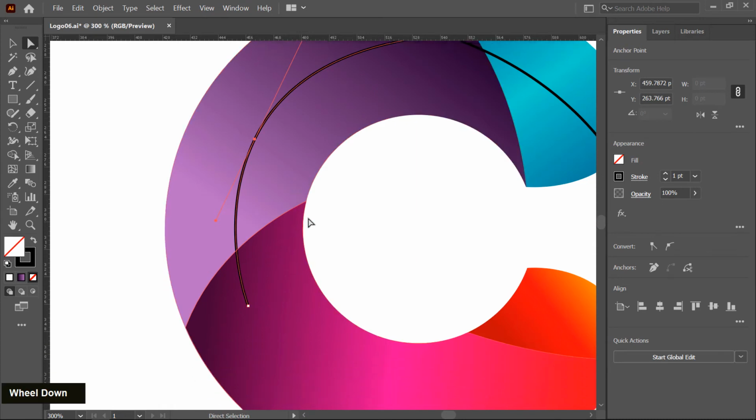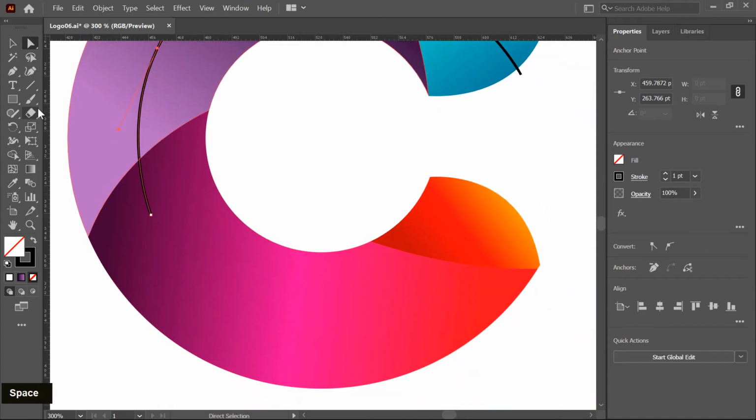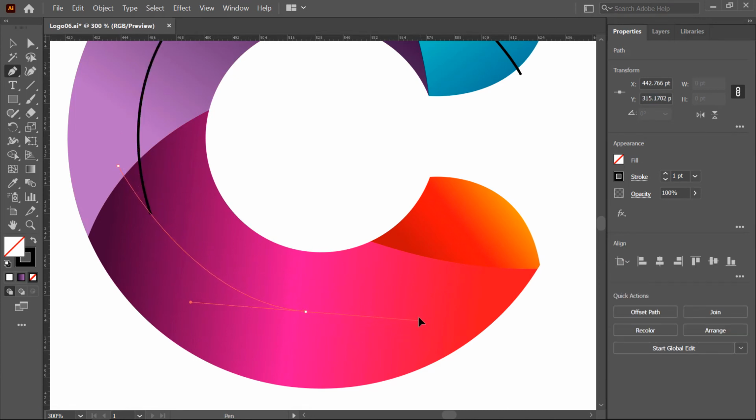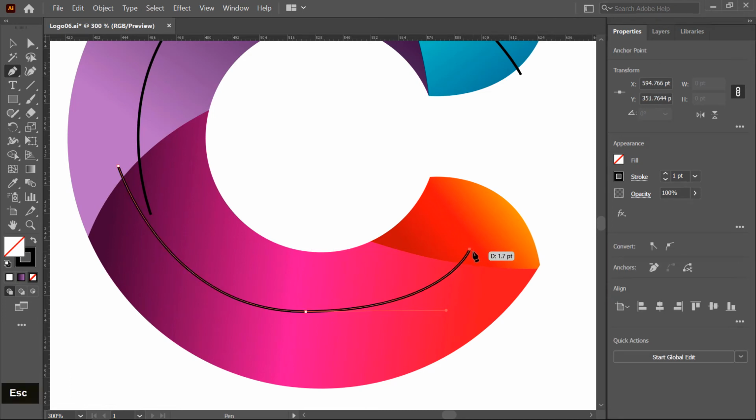So select these handles and modify. Okay, and press escape key first and then create another curve and modify a little bit. Always use the direct selection tool to modify this curve.